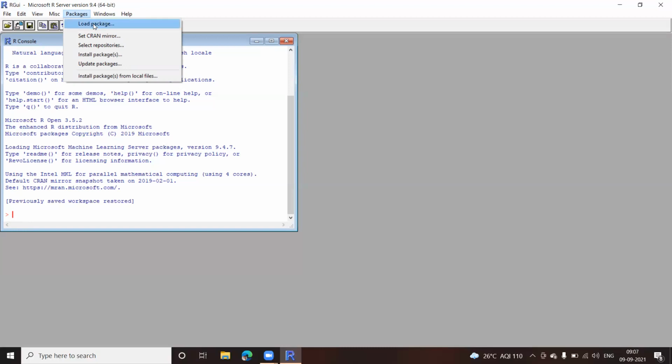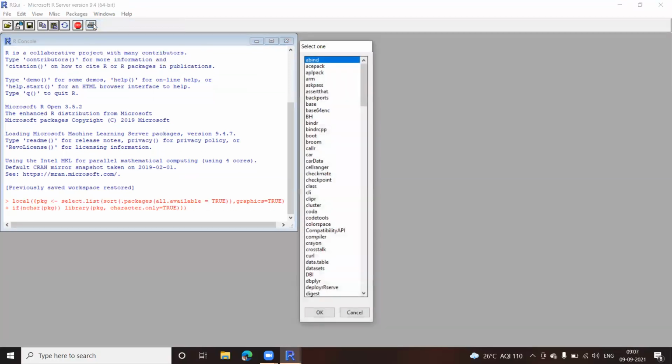You click on this and get a list of packages which are already installed. If some package, especially this package, is not installed, make sure you install it, and you know how to do that: install.packages, and you give the name of the package. To open the package, you can click on this load package option.